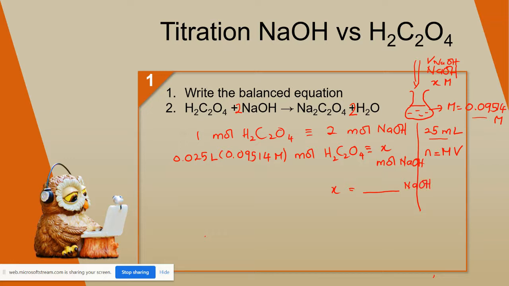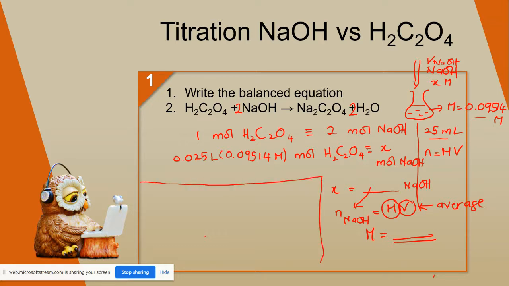And remember, you want to calculate the molarity. n of NaOH equals M times V. n is the value here. V is the average volume of NaOH, and you can solve for M. Done. Or if you don't like this method, you can also use the formula, the mole ratio that you have seen from school,